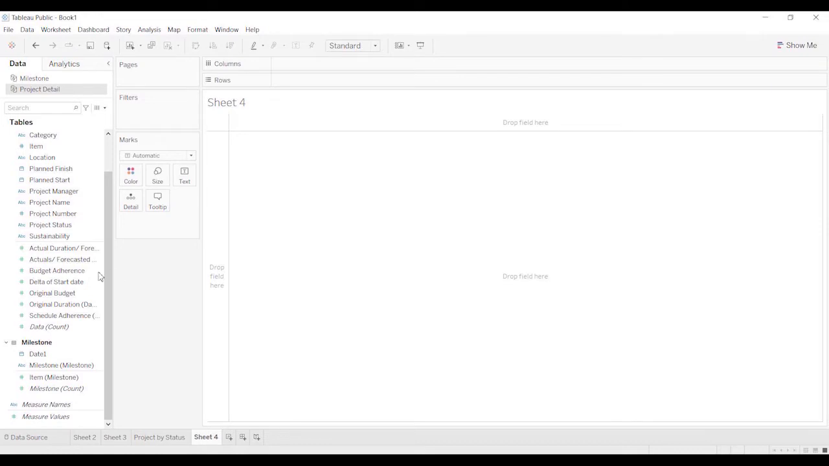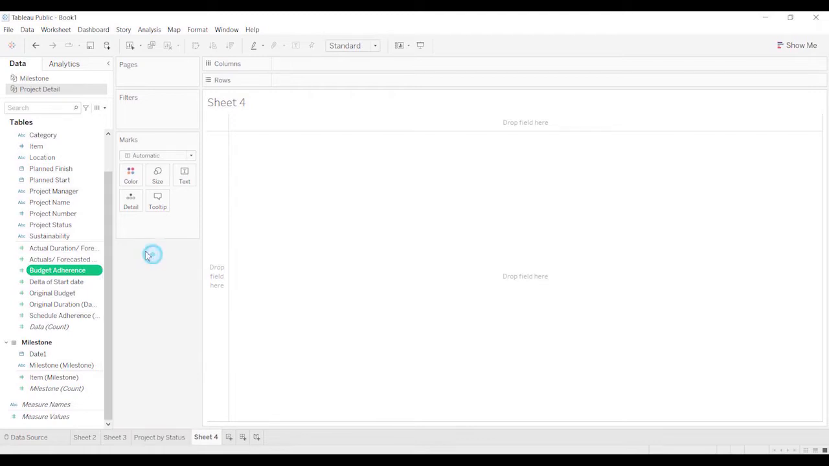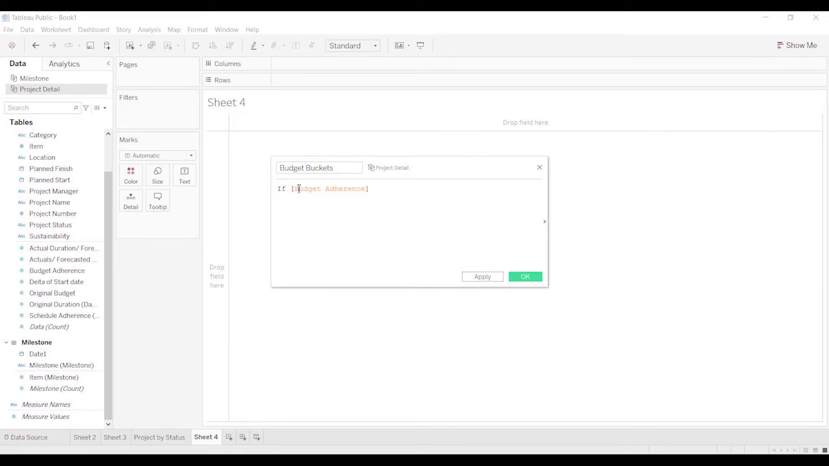They've actually already done the calculation. They're calling it budget adherence. And so I'm going to create a new group. You can come down here and do a histogram or create bins, but I'm actually going to create my own because I have a specific calculation. Let's see, budget buckets is what I'm going to call it. And if budget adherence is greater than or equal to